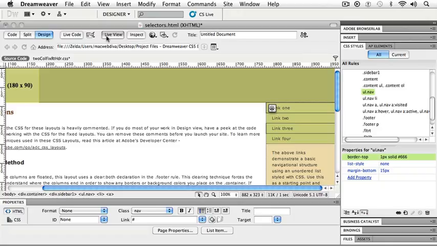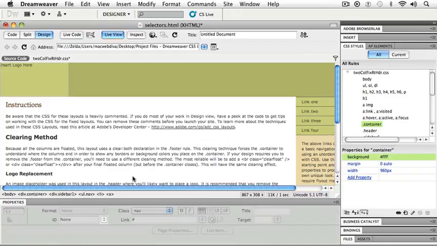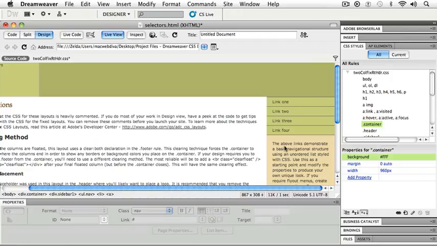So for instance, I'm going to click on Live View, and when I roll my cursor over these, I see that I have a rollover effect, that the whole entire area that I'm rolling my cursor over is changing so that I know that it is indeed selectable and a link. If we add something like this to our CSS, we want to make it as obvious as possible. I will uncheck my live view,